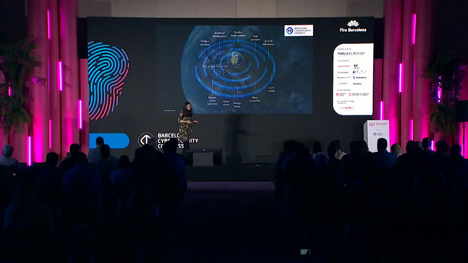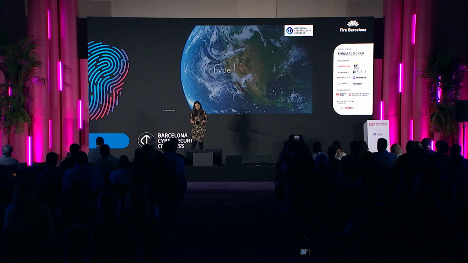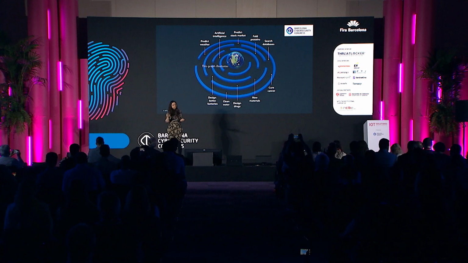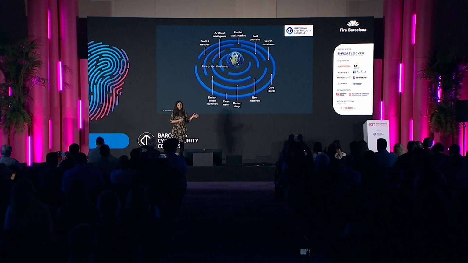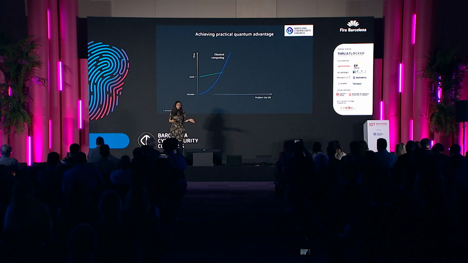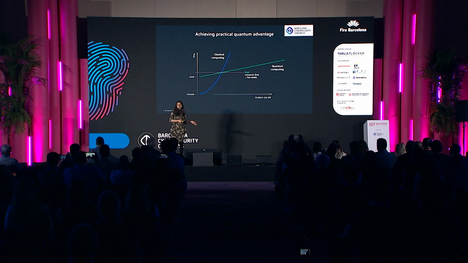So I'm going to very quickly talk about hype versus clarity, right? When we started doing quantum computing, it was said that we can do everything with quantum computers. Like I said before, we don't want to do everything with quantum computers. And why? Because there are problems in the world, for example,